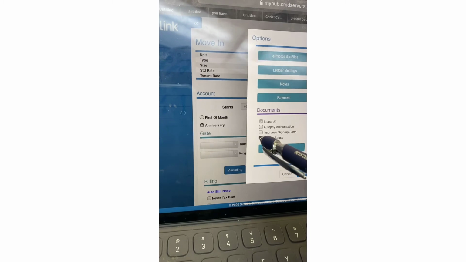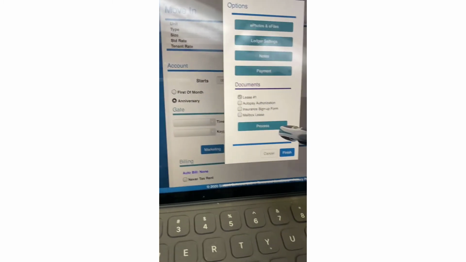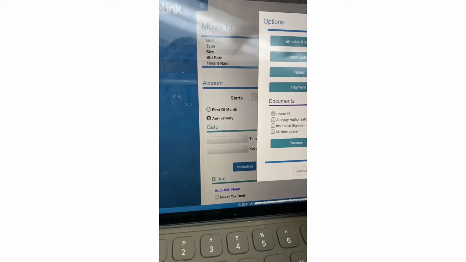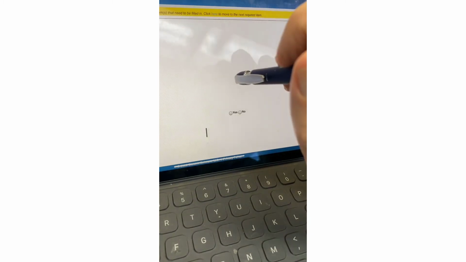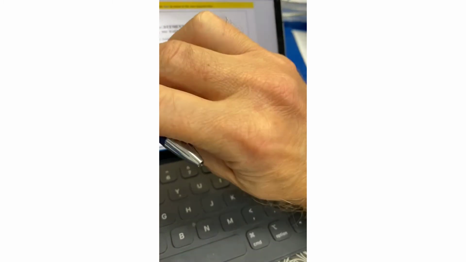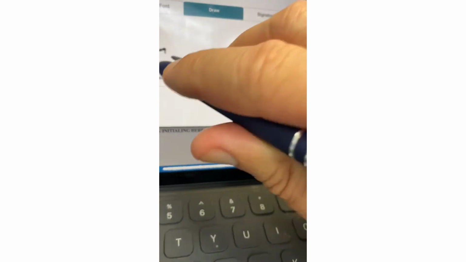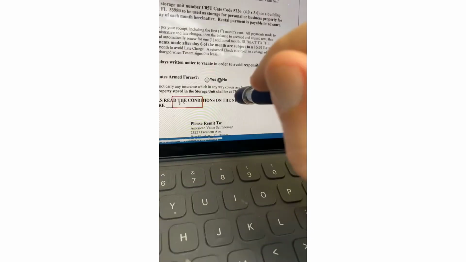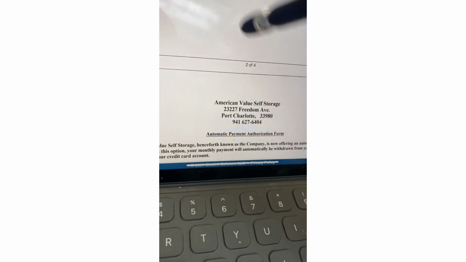Okay, next we're going to get them to sign the lease. So we just do it pretty much the same way we do it in the desktop version of SiteLink. Process, sign in person, open existing document. Don't forget this now. And then we can go through the